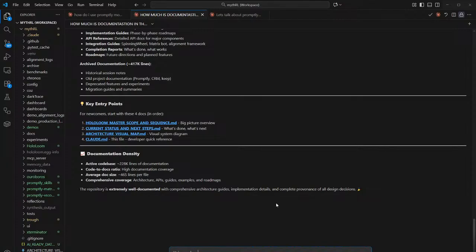So I'm going to say, using Explorer agents, let's build the most comprehensive review of what we are doing here and what is next.